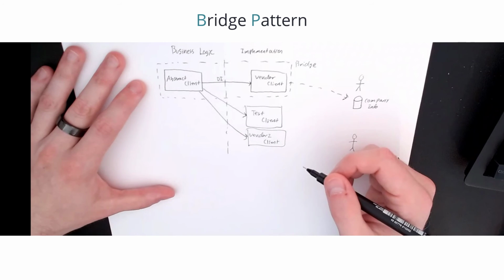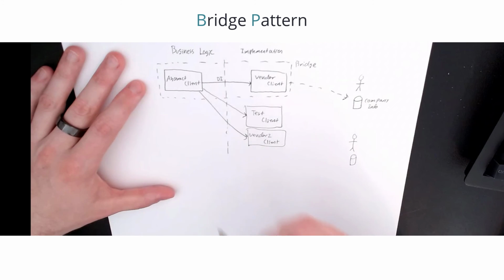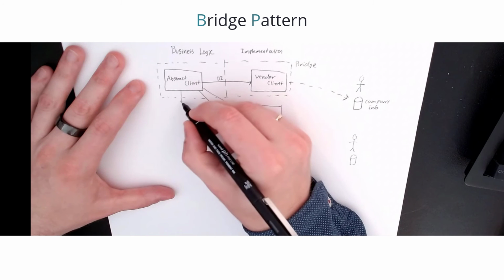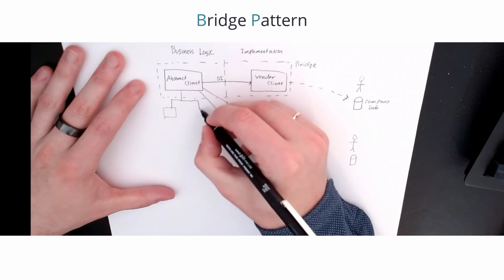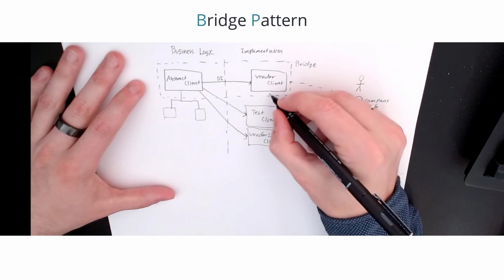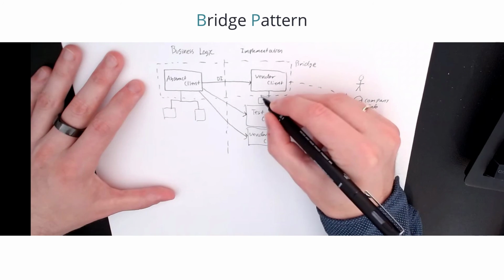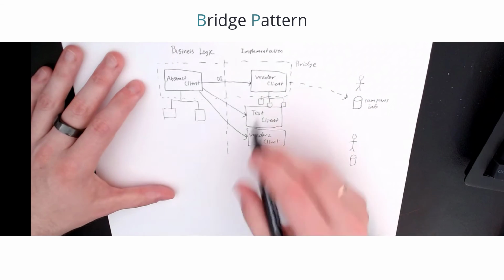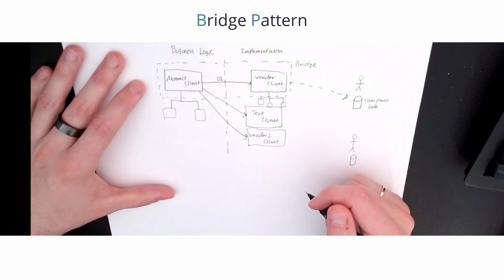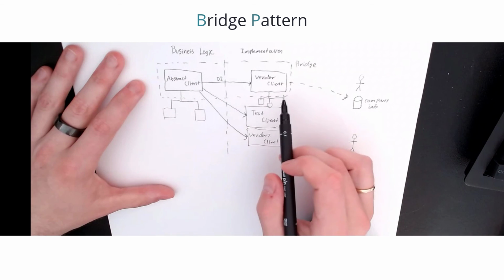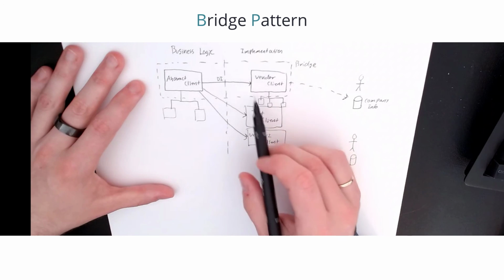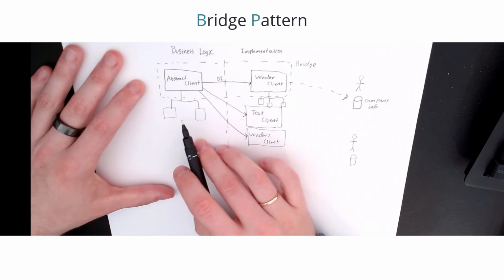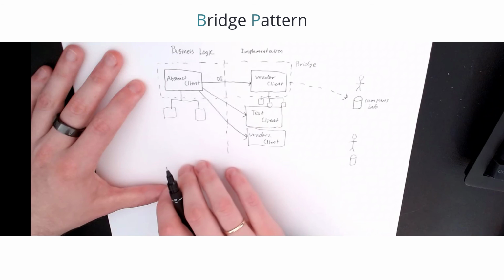An additional comment to this, I haven't used that a lot myself, but each side of the bridge can have their own class hierarchy. So you can actually extend the abstract client with something, and it doesn't have to be the same extensions that we have on the vendor side. They can be different depending on the need. The idea here is still that we are containing the implementation specific details on the implementation side of the bridge, and all the business logic is going to reside within our business logic to have this separation, and we can extend them as needed.